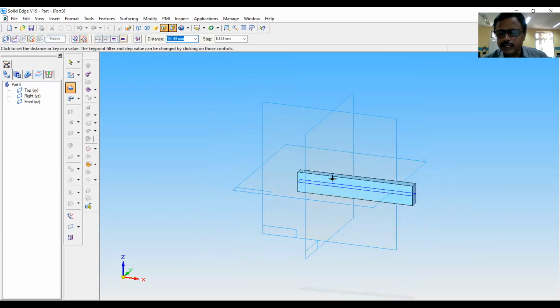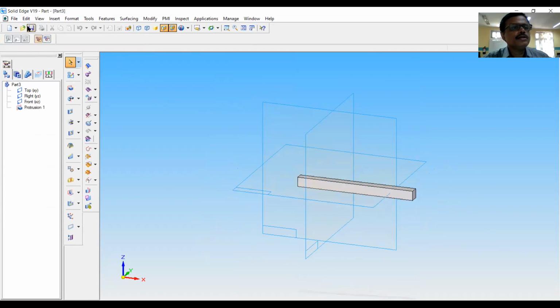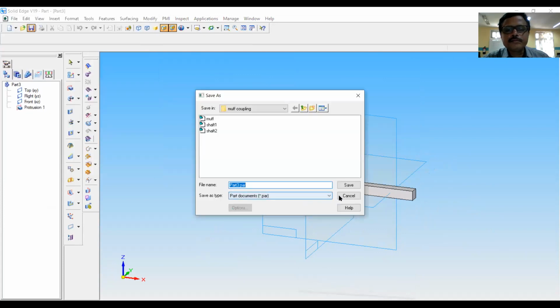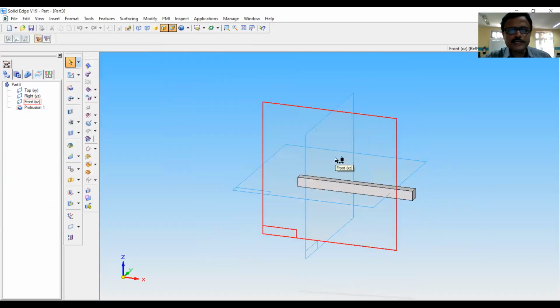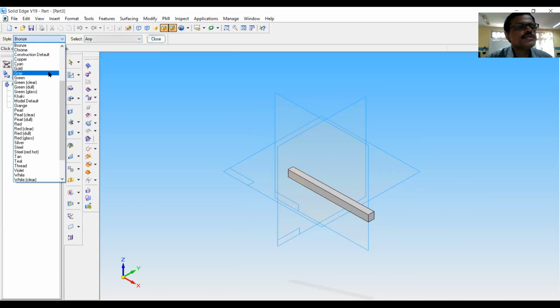And the key thickness is 8 mm. Finish, cancel, save this. Before saving, keep it in isometric mode. And also go to format, paint printer, and give the color to this.